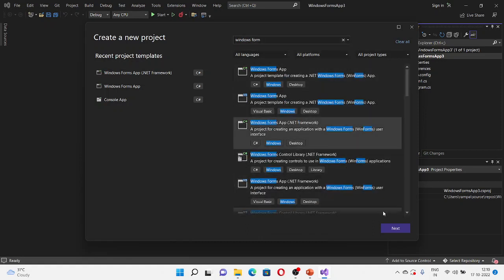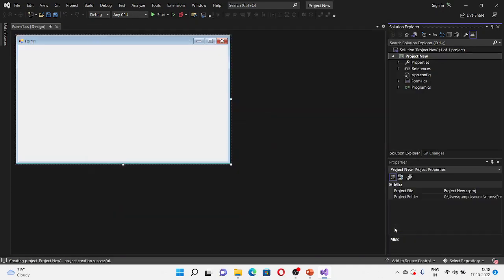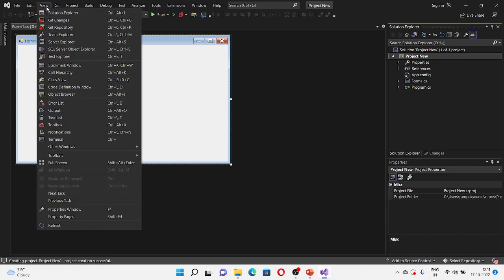You have to click the Next option and it will ask for the project name. I am naming it Project New. And once you give the project name, you have to click the Create option. Once you create a new project, it will immediately show the design of the form. This is the form design, and in the View option, you will be able to see the tool,